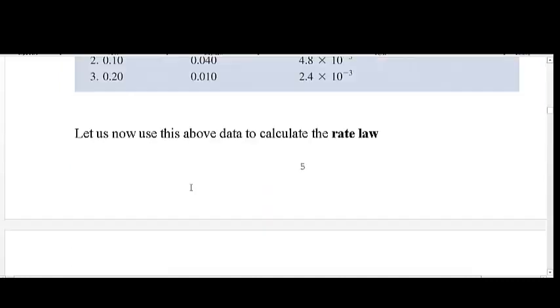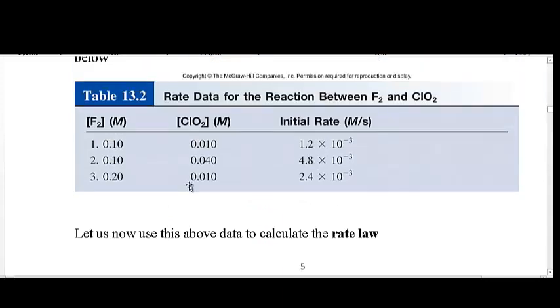So let's do this problem here. So what experiments do you want to compare? That's the first step. Which experiments do you want to compare given the data table? Okay, so orders of the reaction are determined in the lab. You can't look at an equation and get the order. You have to do this type of data table and create 3 reactions or 5 reactions or whatever and vary one versus the other. That is, vary one reactant versus the other reactant. So first thing we do is